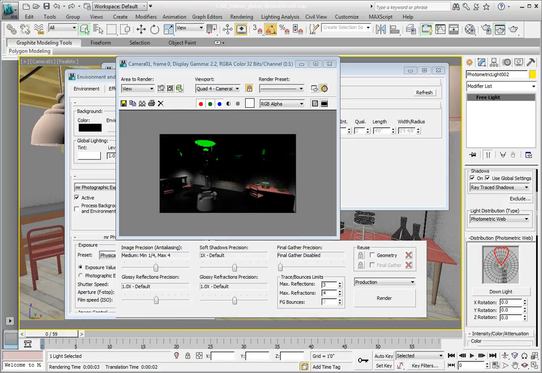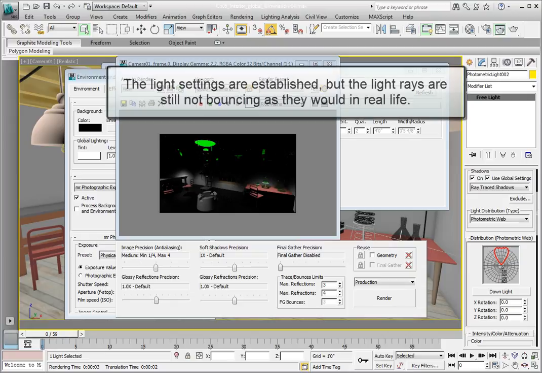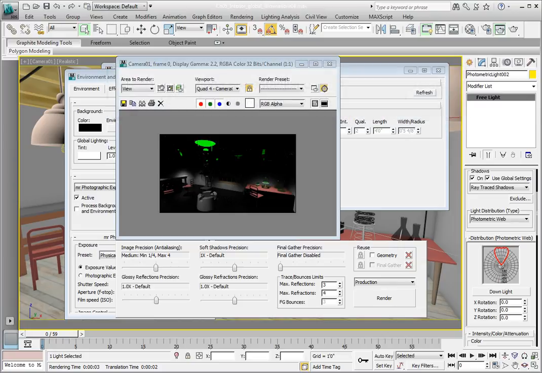We've calculated the direct light solution from a number of photometric lights in our scene. So we have sent out the initial photons from the light, and they've reached their very first surface. If you're working with these lessons, continue from the previous, or navigate to the Chapter 5 subdirectory and open the